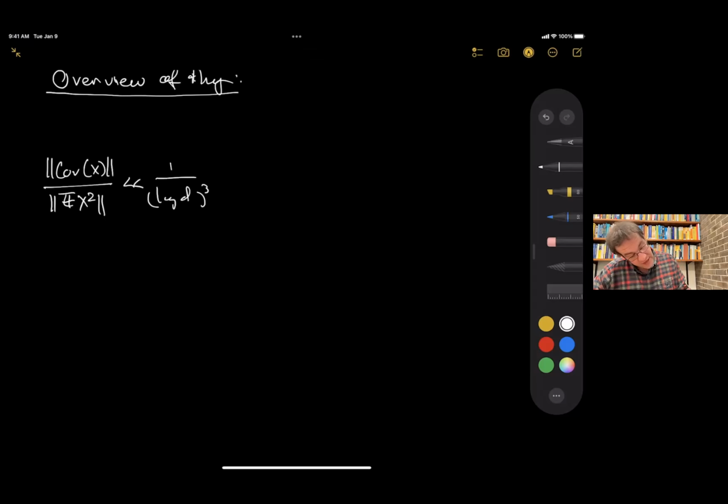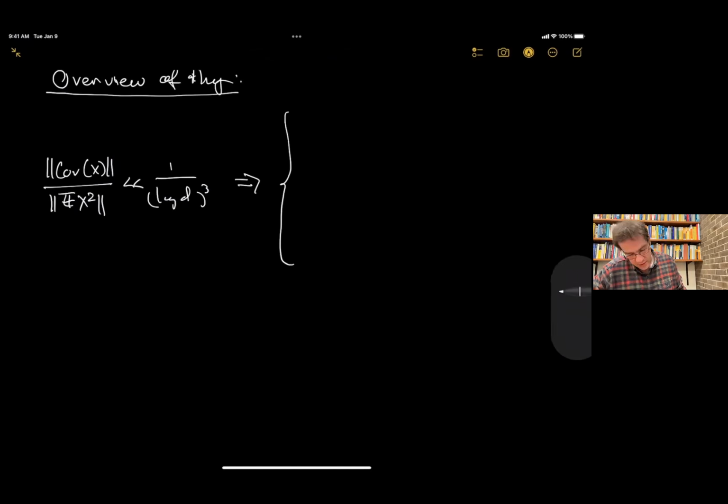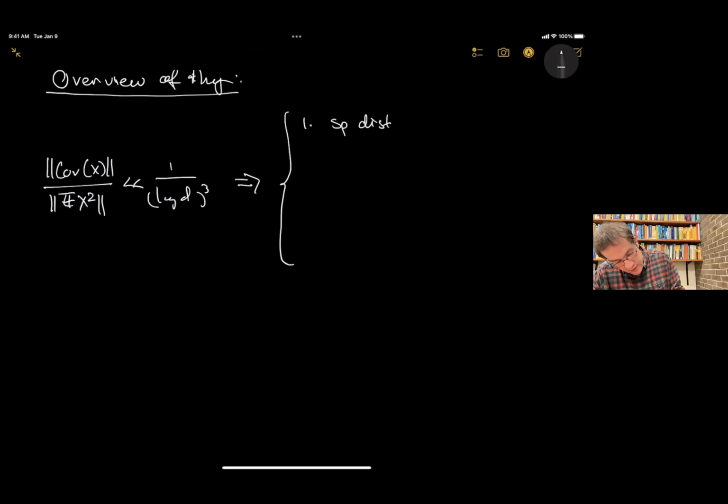And for Wigner matrices, again, the left-hand side here is 1 over D. So one can have very sparse matrices, for example, that still satisfy this, and they're very far from Wigner matrices. As soon as we have such a condition, what happens? Then we can show that X behaves like X free in many different ways. First of all, the spectral distribution of X is approximately the spectral distribution of X free. So not just can we say something about the norm of the matrix, we can talk about the entire histogram of the matrix. The histogram of the eigenvalues of X will behave almost exactly like the histogram of the eigenvalues of X free.